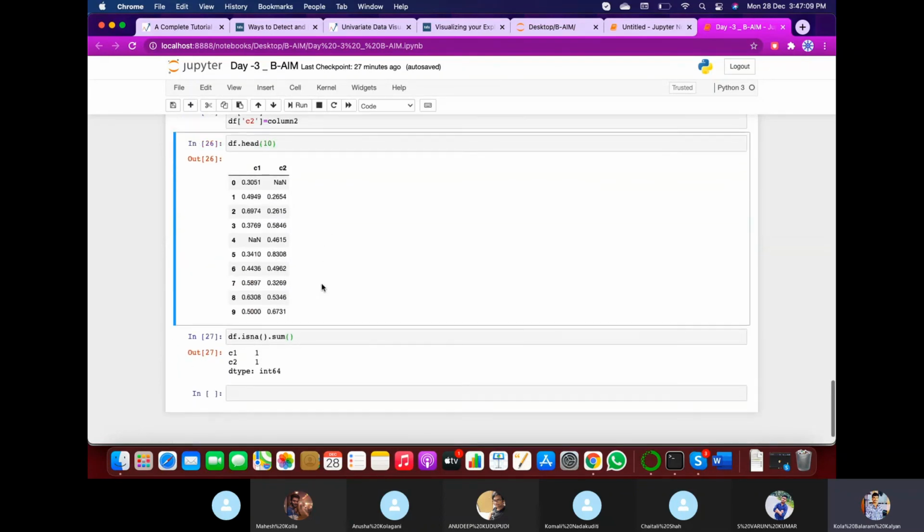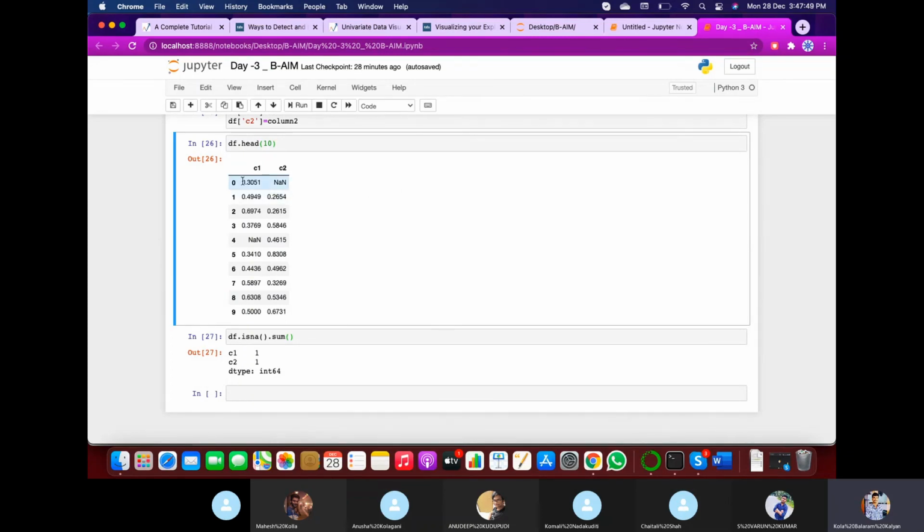My suggestion, and the best proven method, is to treat the missing values with imputation, mean imputation. Let us suppose we remove these values, so that the mean is calculated among all these values. Let us suppose we take column 1. If we take the missing value, all the rest of the values are considered and the mean is calculated for column 1, so that a mean value appears. That mean value will be replaced in the place of NaN, that is the missing value.